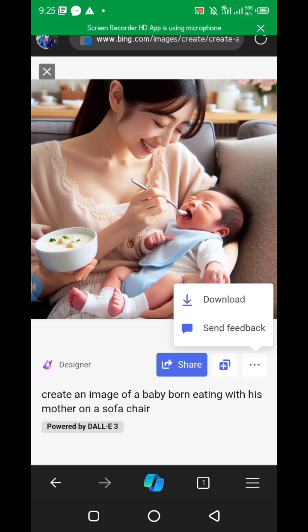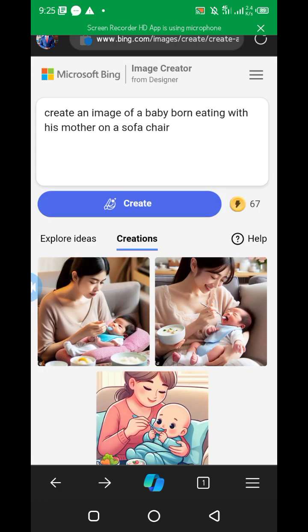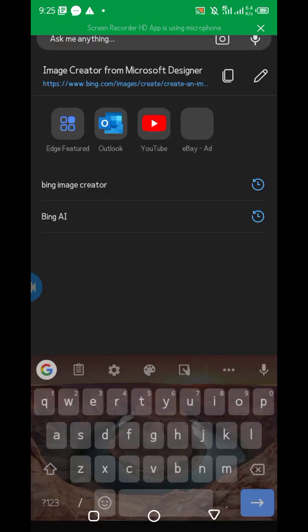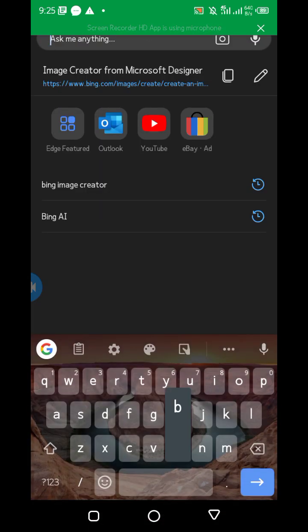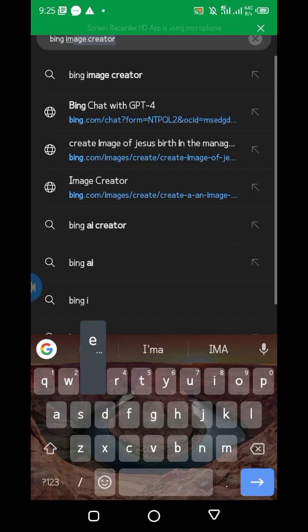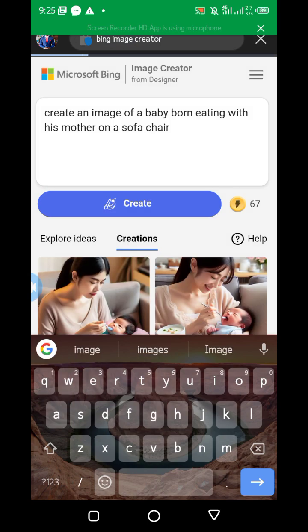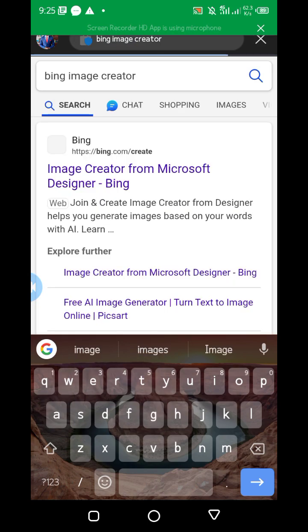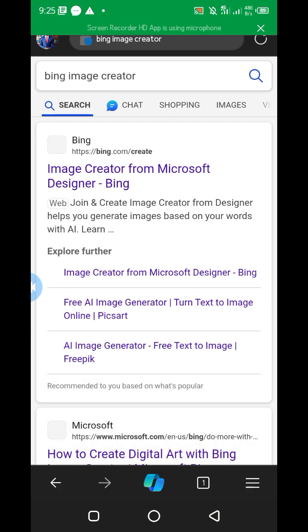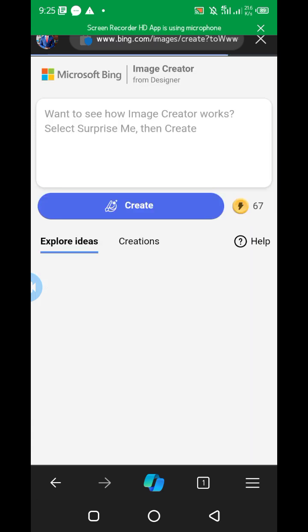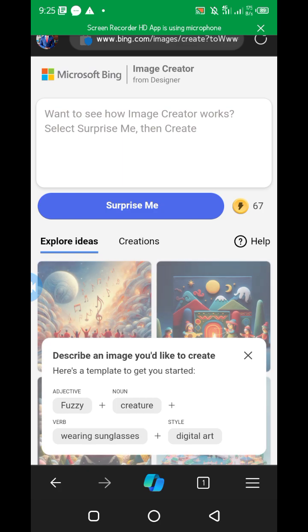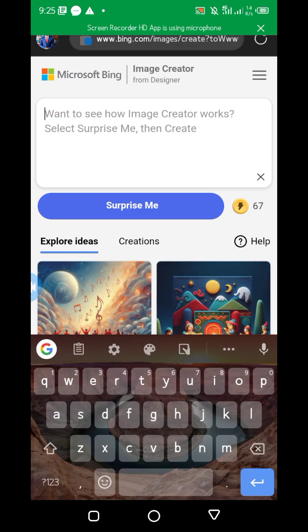Now how can you get to this place to download this particular thing, to do it by yourself? Once you open Microsoft Edge, you search on the search bar, assuming you are browsing, just search for Bing Image Creator, this one. Once it pops out, you click on the first one, and it will take you automatically to this particular place whereby you can create your image. You create your content, put your words there, just find a unique sentence and write